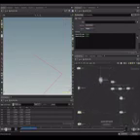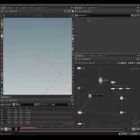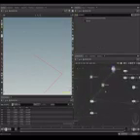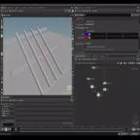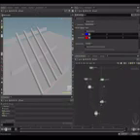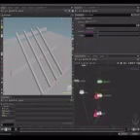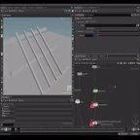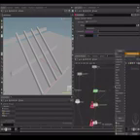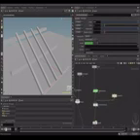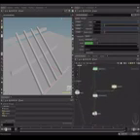So let's plug this into the third input. Maybe call this constraints. Let's dive inside. And we need a constraint network. Plug it here. And a constraint type. I'm going to start by using glue constraints. So I'm going to drop down this node. And as you can see, we don't have any